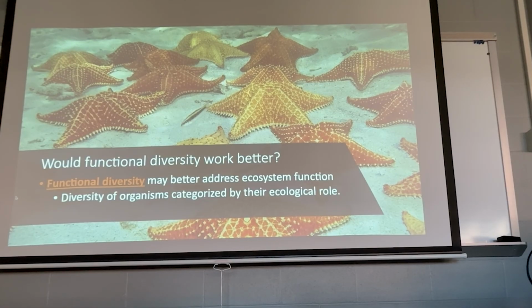So if you have a community that has one apex predator, it'll have a different biodiversity than a community that has 2 apex predators, because they're eating different things, right? Which is going to affect the selection and evolution of the animals below that are being eaten, that are the prey. If you remove an apex predator from a community, it's going to change the biodiversity, right? Because now you're no longer being eaten. And if you're no longer being eaten, then you're eating other things, and the whole dynamics of the food web changes.